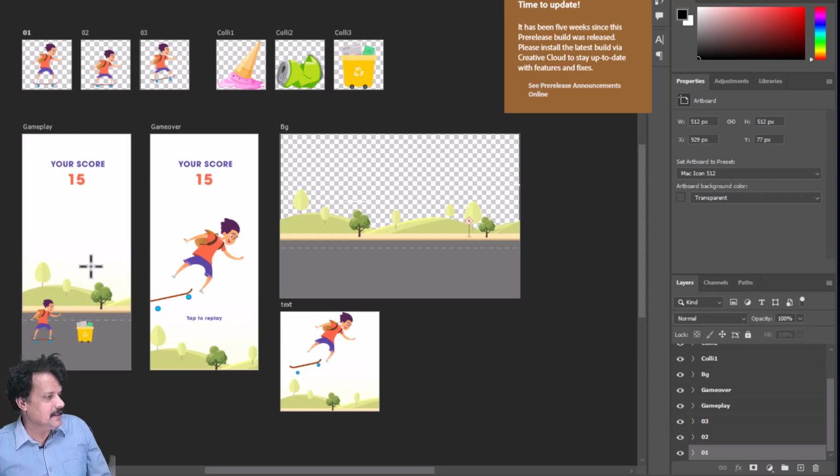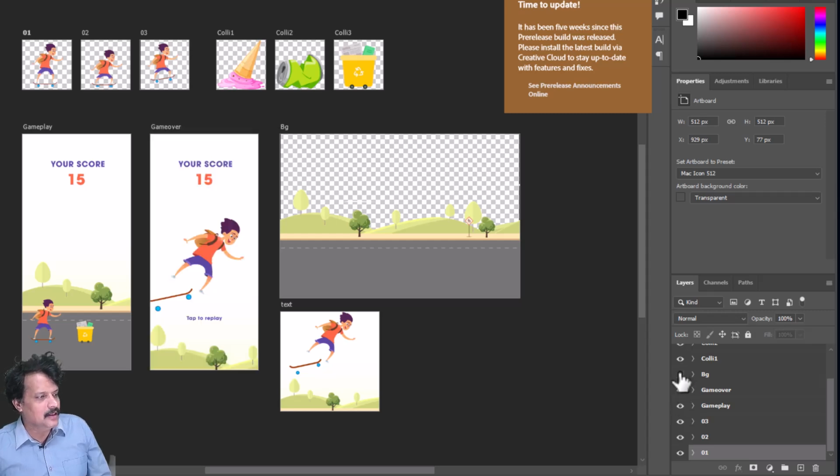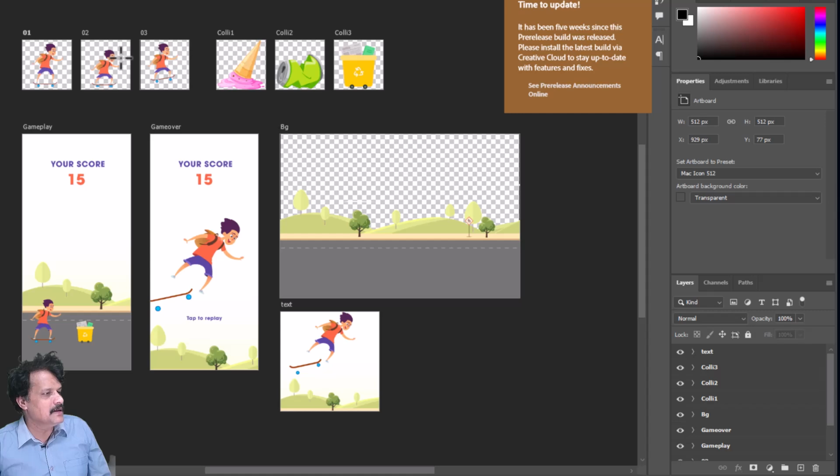This is the way the game is going to look. This is the game over screen. Then you have the BG image, then you have the three obstacles. This is a Photoshop file which you can use, and you can change these images and customize it to your requirement. So this is the provided input, and using this, we are now going to build the